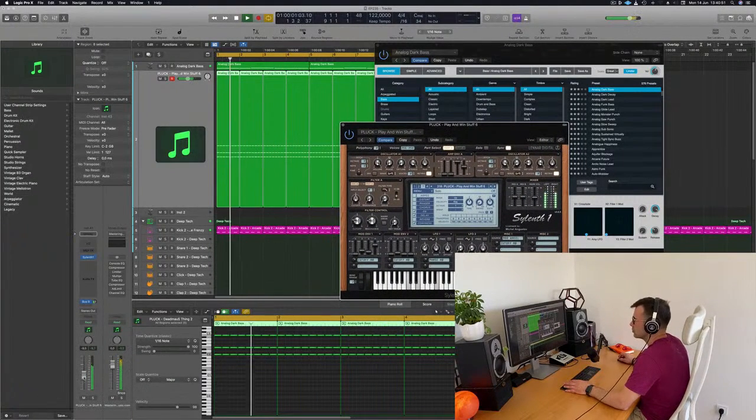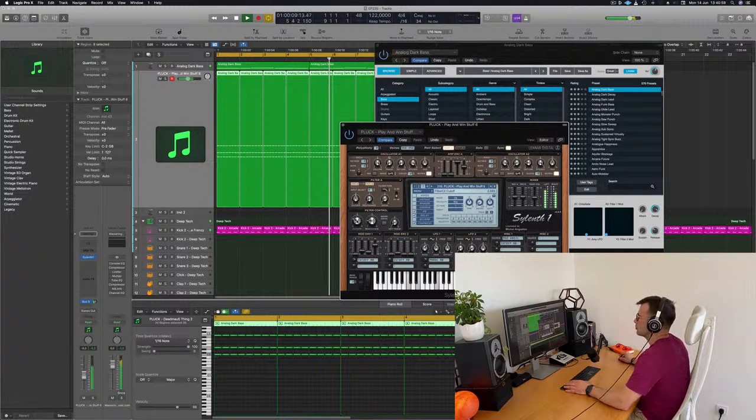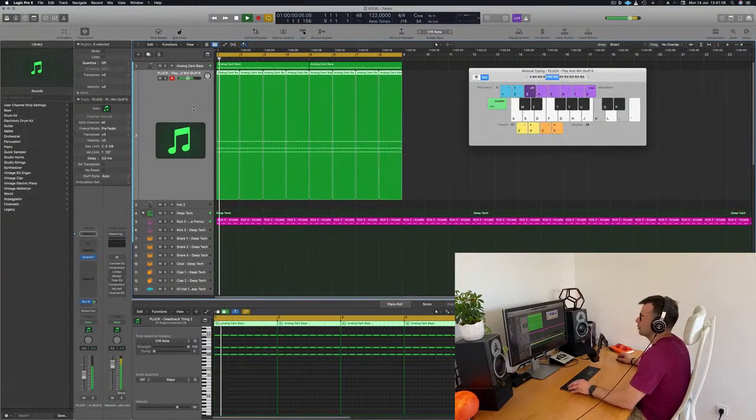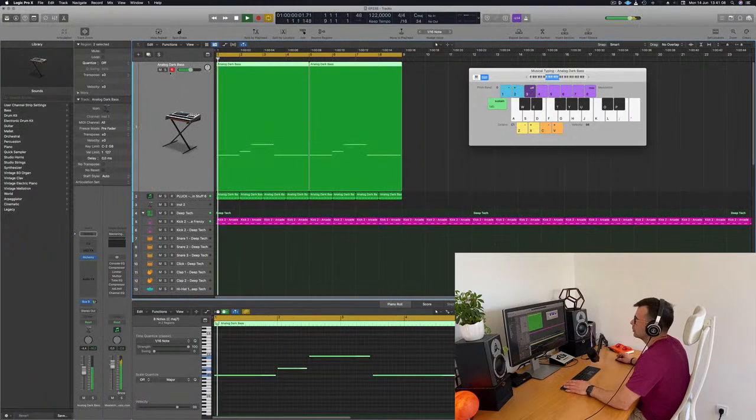This is nice too. Really deep prog chill. Bass is nice here in the back.